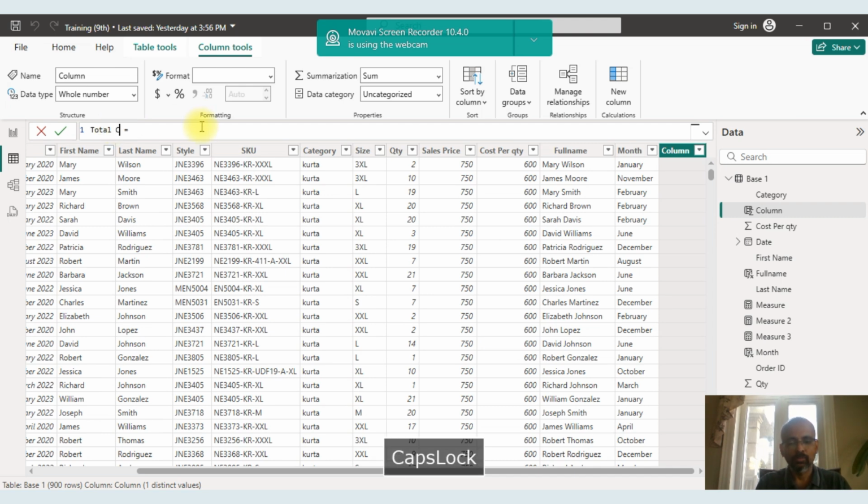Total cost, what is total cost here? We are going to say it is cost per quantity, into quantity. That is the total cost incurred. Cost per quantity, let's type cost per quantity into simple multiplication into the,